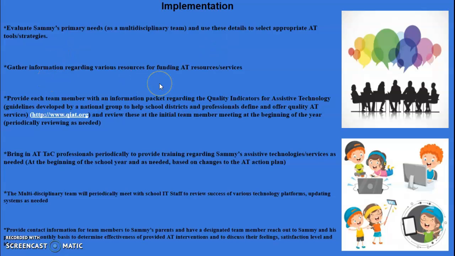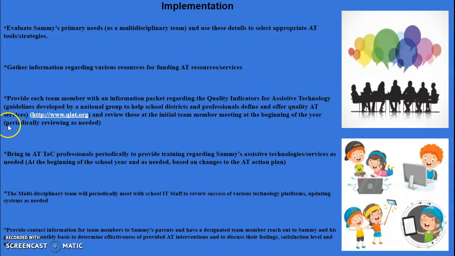We would provide each team member with an information packet regarding the quality indicators for assistive technology, which are guidelines developed by a national group to help school districts and professionals define and offer quality assistive technology services. I have included the website here and also in my references at the end of this presentation. We would review these at the initial team member meeting at the beginning of the year and periodically review them